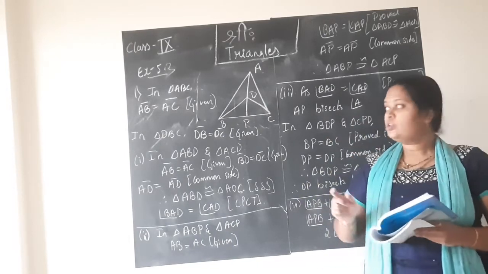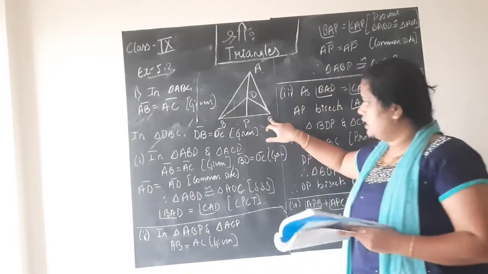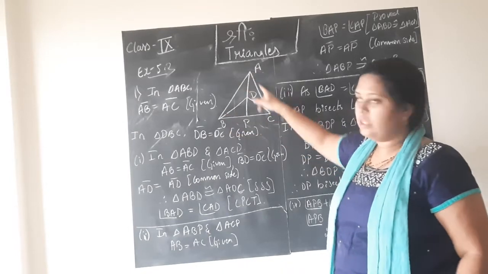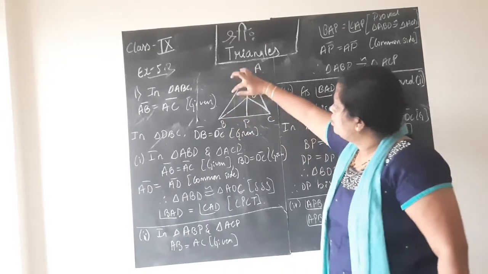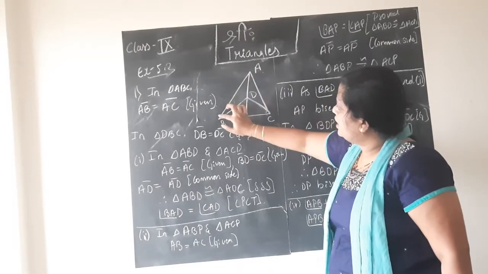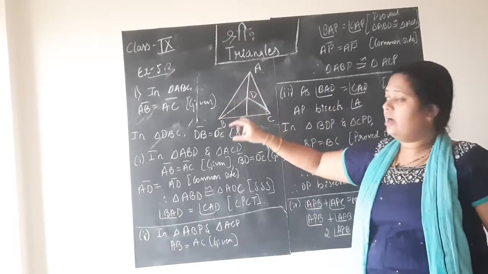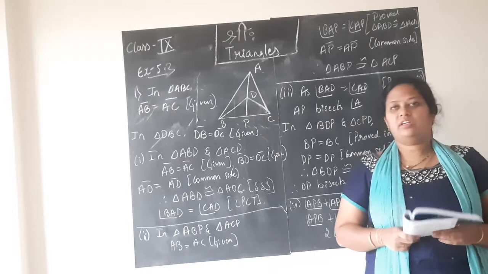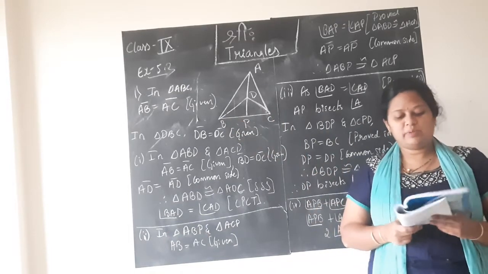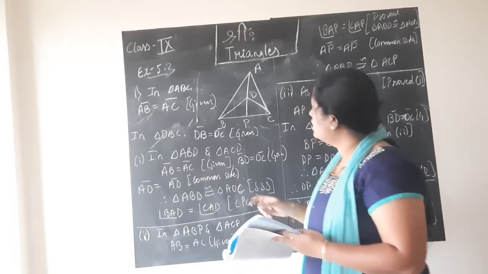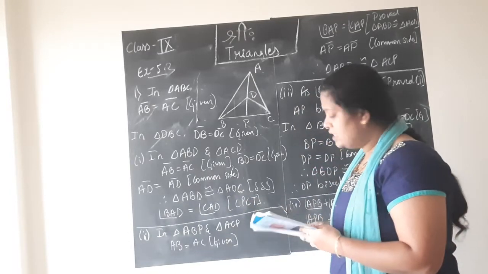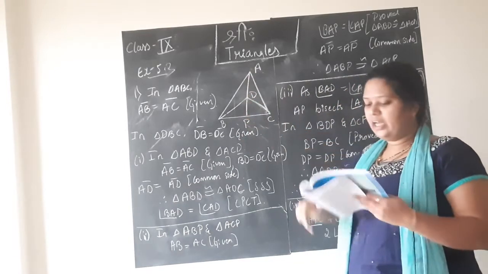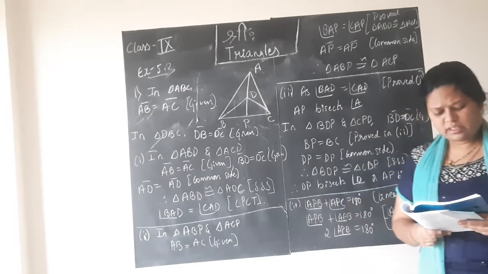It is easy only. So they are telling triangle ABC and triangle DBC. The first is the big triangle, children. DBC is the small triangle, no? One more triangle is inside. So the big triangle is ABC. The triangle inside is DBC. Both are isosceles triangles and both have the same base BC, they are telling. And vertices A and D are on the same side of the base BC.